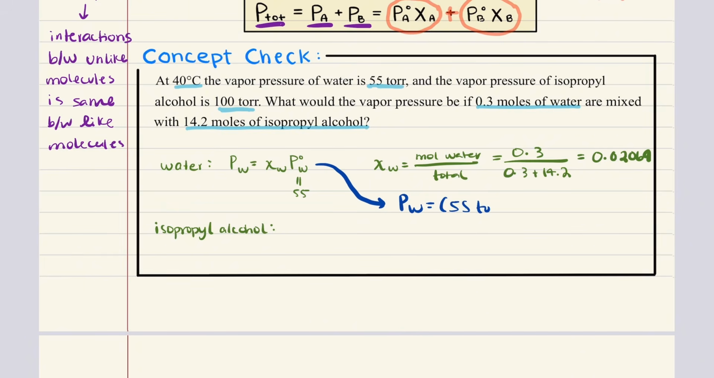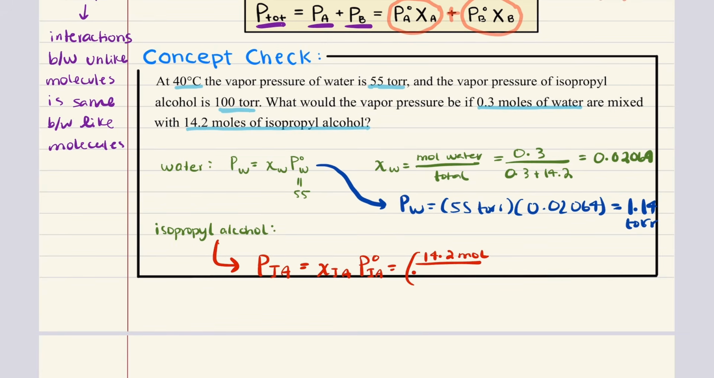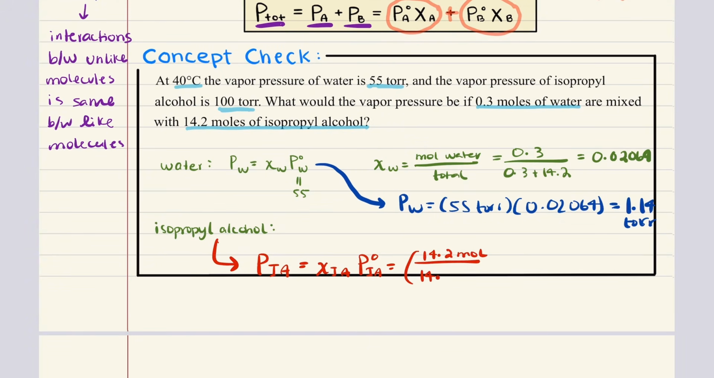Next, we're going to do the same thing for isopropyl alcohol. We are given the pure vapor pressure of isopropyl alcohol at 40 degrees Celsius, which is 100 torr. To get isopropyl alcohol's partial pressure above the solution, we multiply that pure value by the mole fraction of isopropyl alcohol. The mole fraction of isopropyl alcohol is 14.2 divided by 14.5, and that equals 0.97931. We're going to take this value and multiply it by 100 torr